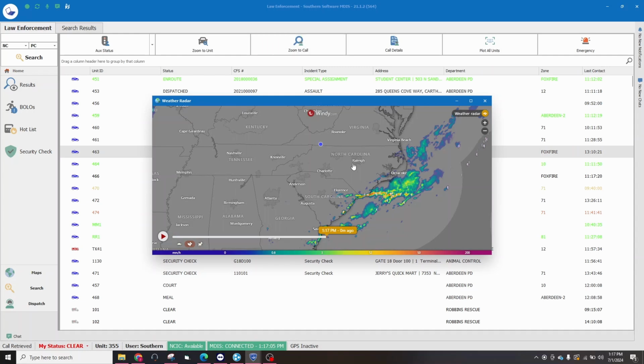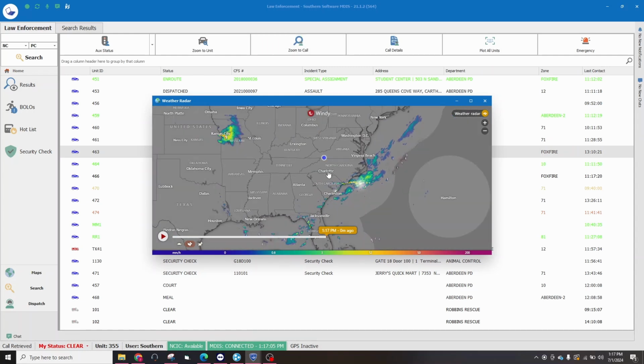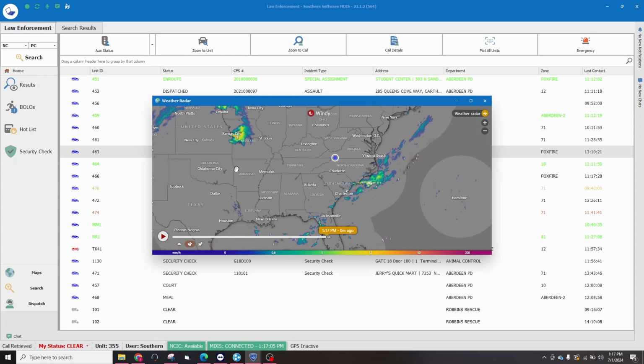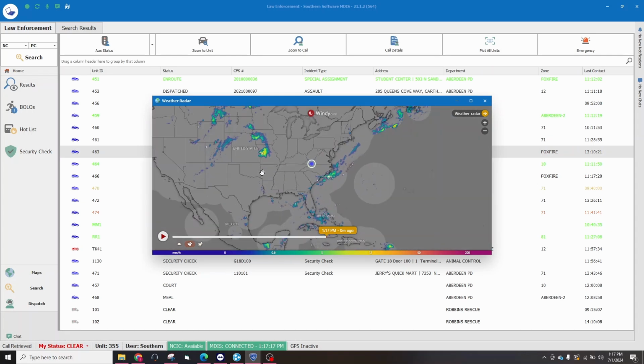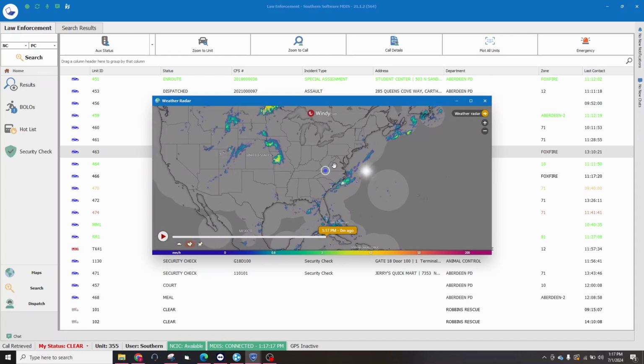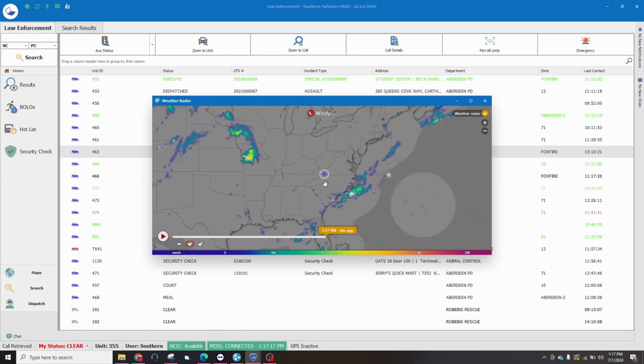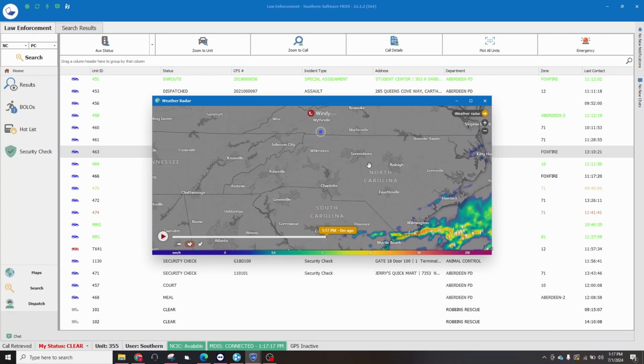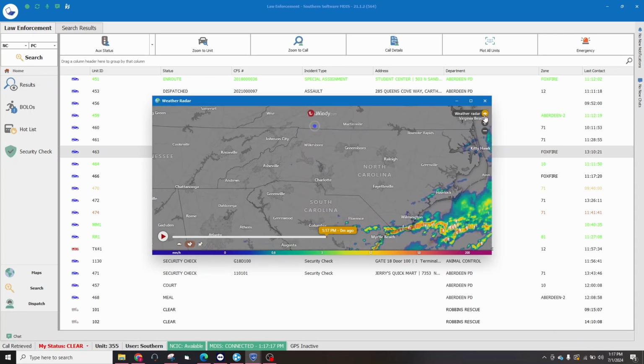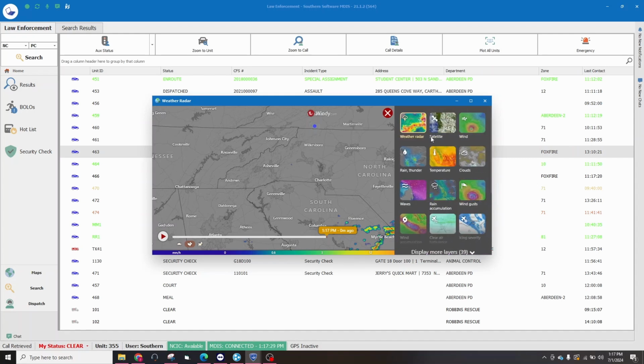This weather map has taken the place of a few other features, such as the weather bubble in the laptop button. But this also gives us a lot more features. If you zoom out, all the flashes are lightning strikes by default. You can also click over here where it says weather radar on the right hand side, and this gives you